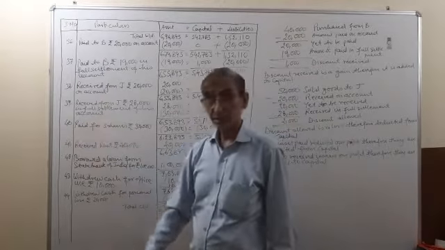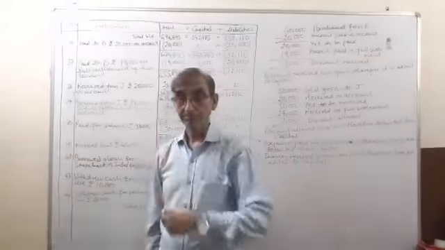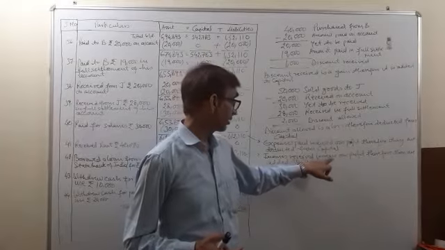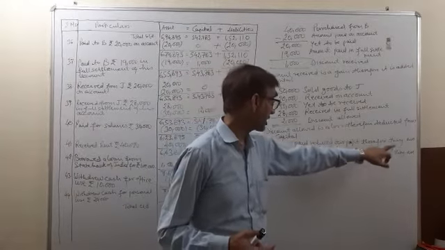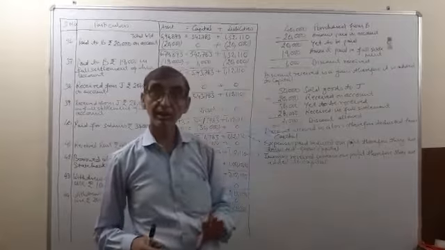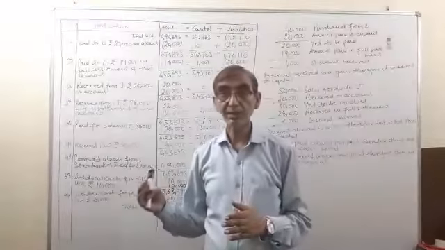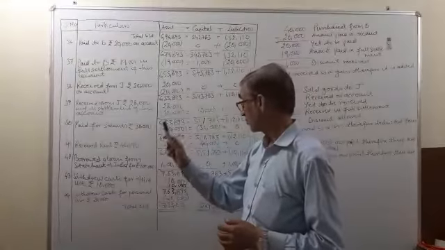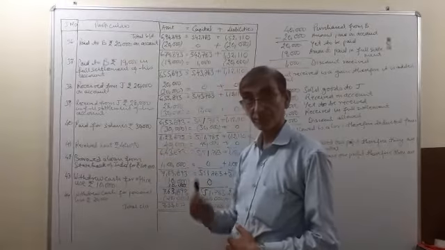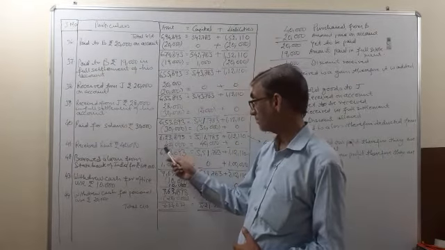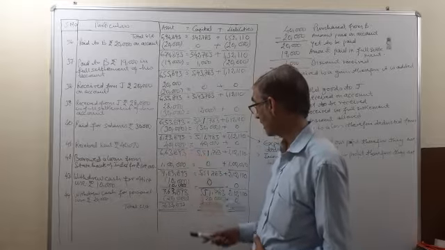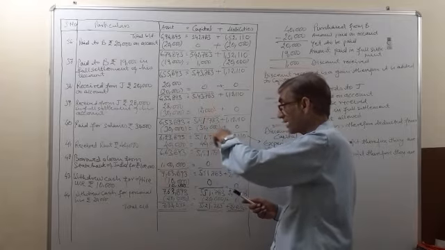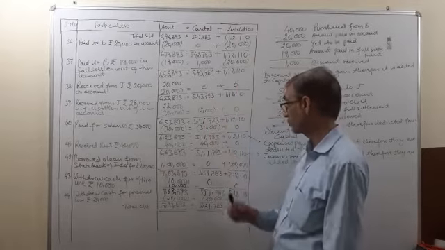Now transaction 41, it relates to income. Whenever incomes are received, they increase our profit, therefore they are added to capital. Incomes will be added to capital because they will increase our profits. Now we have received rent, rupees 40,000. So money is coming in, 40,000 will be added to assets, and this 40,000 will increase our profit and therefore it will be added to capital also. 40,000 will be added to capital.